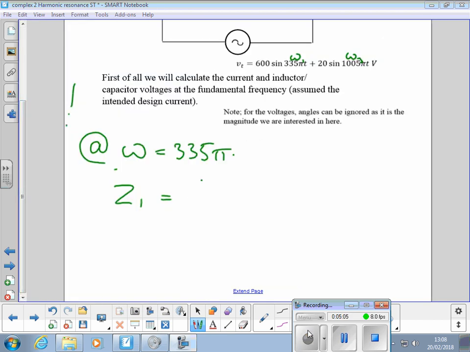So I'm going to call it Z1, meaning the impedance at the fundamental. R plus omega L, right, XL. Okay, so in order to do that, what have we got to do? So we better call them XL1 and XC1 as well, haven't we? XL1 is equal to